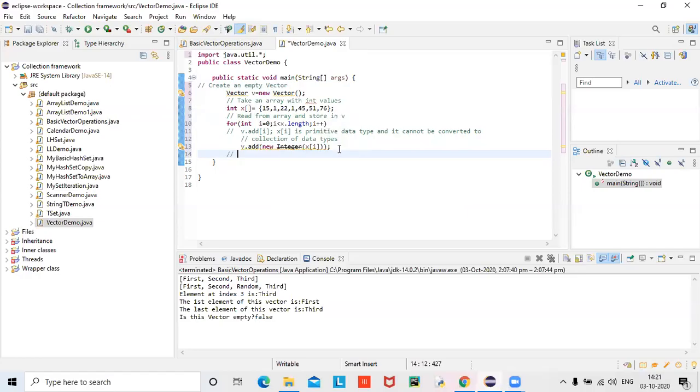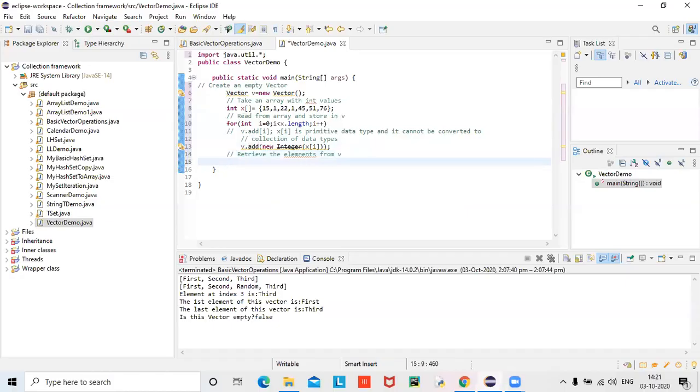Now I can retrieve water. I can pull water from where? From the vector only, is it not? Data, in terms of data, I can pull from the vector now. So what kind of comment can I give? Retrieve the elements from V. You kept all the elements, you transferred them into the shape of a vector and kept them in V by the above step. So from V you have to retrieve.